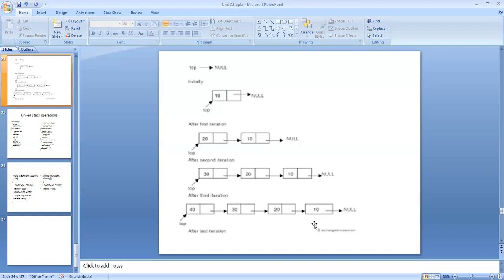Then I say temp reference info, 10 will be displayed. Then temp, this is temp next. Temp next is given to temp. So now the temp next is pointing null. So when this temp next is given to temp, temp will be pointing null. So as long as temp is not pointing null, I will make temp display its info value.